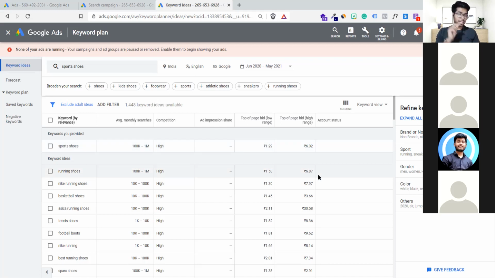Now, who asked that question? I think you asked, right? Can we do 1 rupee? No, we can't. Of course not, because the lowest is 1 rupee 29 paisa. So our lowest should be 2 rupees, or at least 1.5. Okay, to meet this. And what will happen if we are paying 10 rupees on this keyword? What will happen, guys? They will charge maximum 6, right?